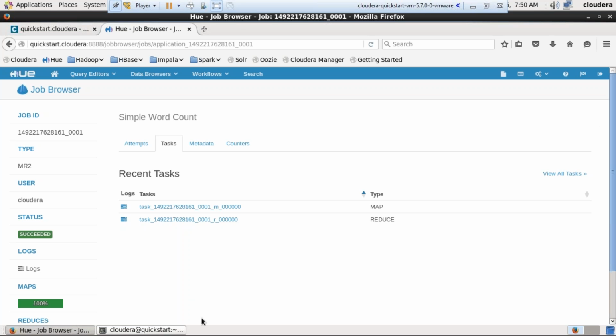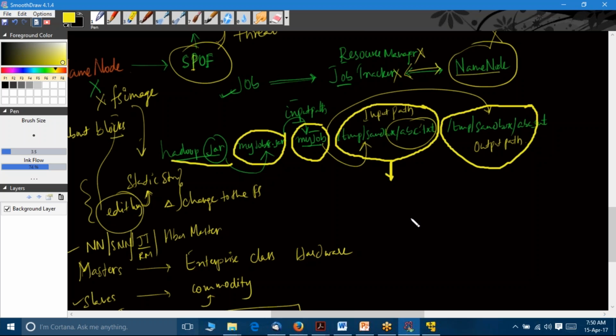Because I need to preserve the output of the map till it is consumed by the reduce, and reduce is going to finally produce the output. So this life cycle you need to be clear, because of the reason